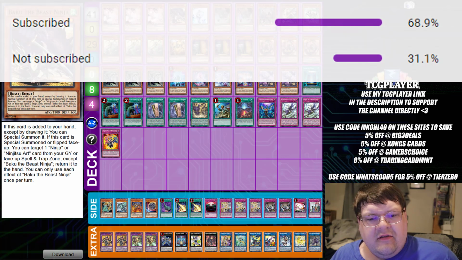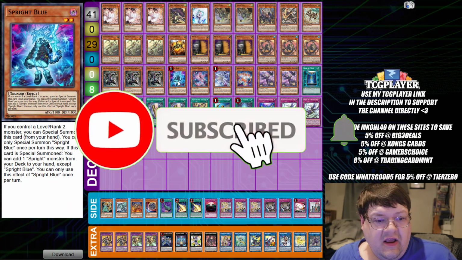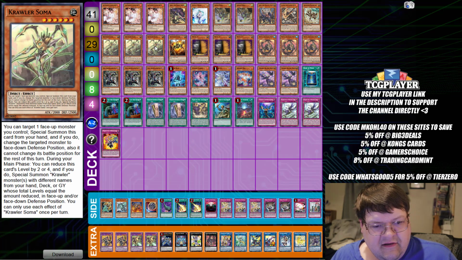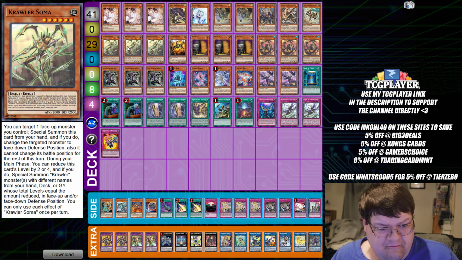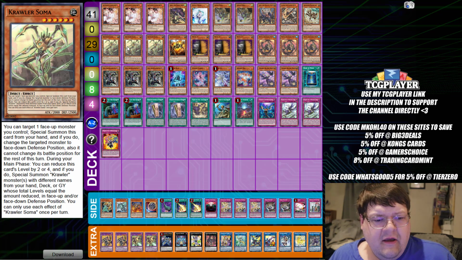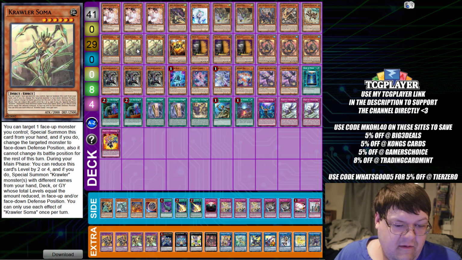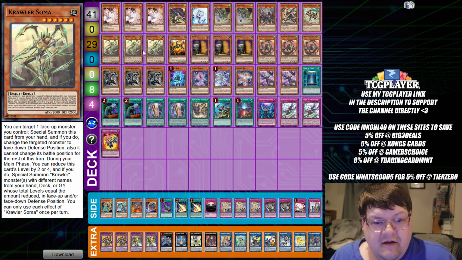So this is the result of the OCG taking a Sprite package, merging it with ninjas, and they decided that they wanted to bring some crawlers to the party as well. Honestly, this is kind of a unique take on the deck because not only are you basically getting the ability to use Crawler Soma out here to bring out more of our friends, because let's be honest here, we already know how crazy it is to bring out 2